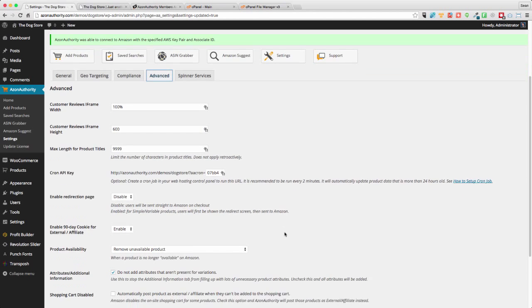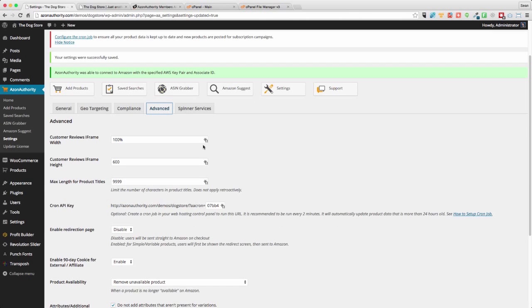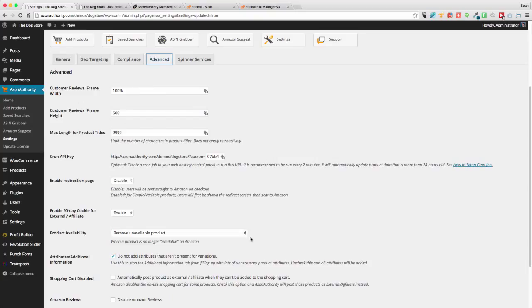But you can also set all sorts of extra features and abilities up in here. We don't really need to change anything in here. You can enable redirections, which we're already doing with our special redirect system. You can change whether you want to show Amazon reviews on or off. If you want to set up a direct link affiliate store, in other words, there's no add to cart function, there's no checkout function, you can disable the cart and post direct affiliate links. I really don't recommend it, but we had customers that would want that, so we added that